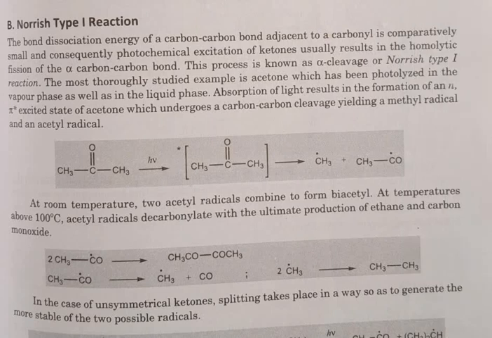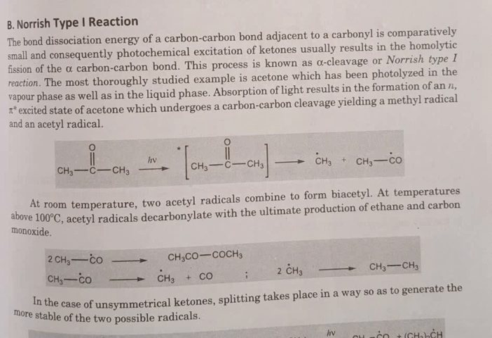Today in this video, I am going to talk about the Norrish type 1 reaction. What is the Norrish type 1 reaction? Look at the example here. Acetone undergoes a light reaction. It gives an excited molecule, and then after fragmentation, you get the acyl radical and the methyl radical. So what happened here? Cleavage of the alpha carbon-carbon bond, and this is the key to the Norrish type 1